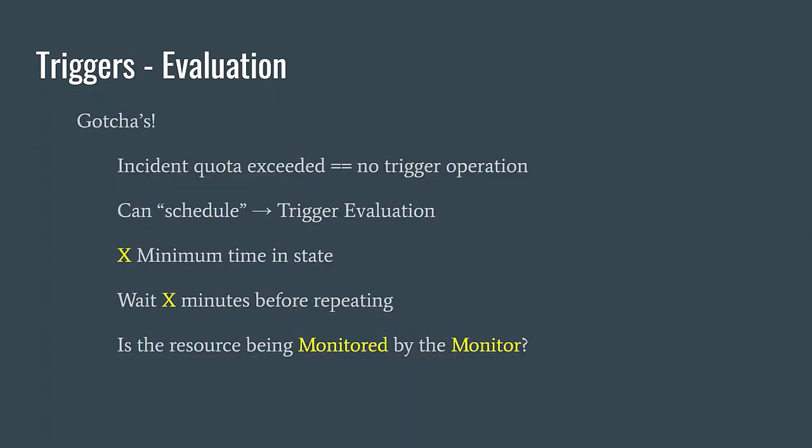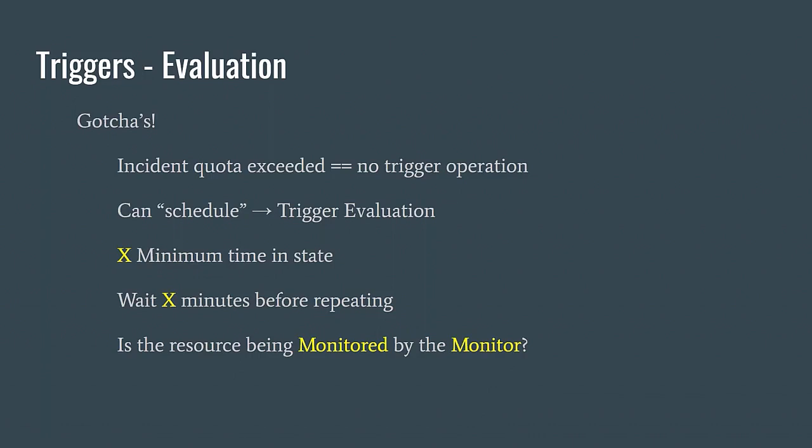So there are some gotchas about triggers that trip up a lot of people. This is a very feature-rich part of ControlUp, and so it's complex, no doubt about it, but hopefully this will give you some insight and help you simplify that down. So some gotchas that might prevent triggers from firing, or might make you think they should be firing